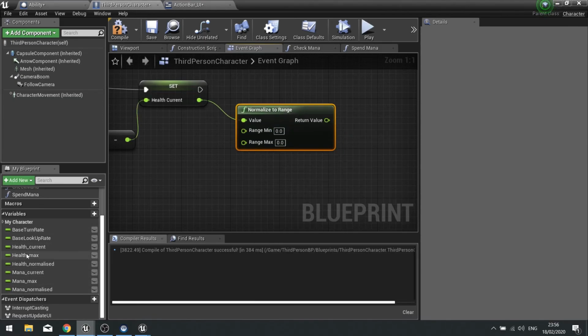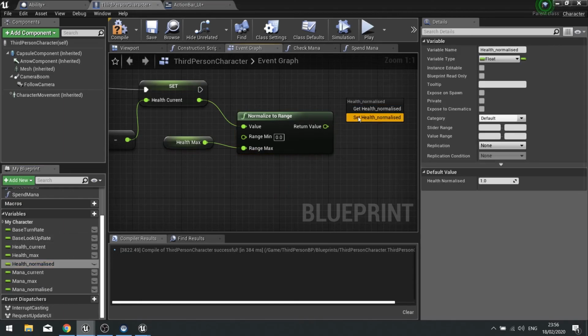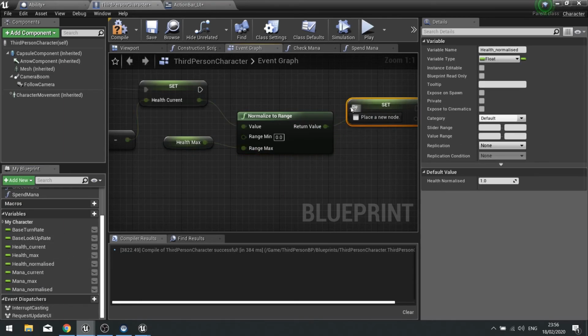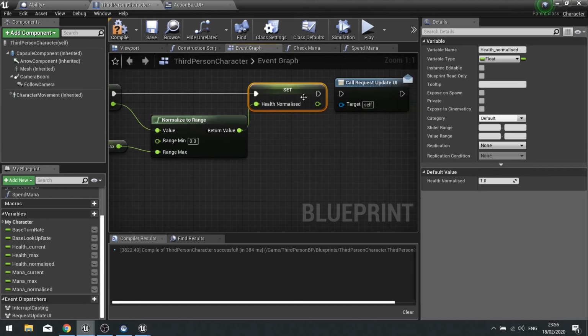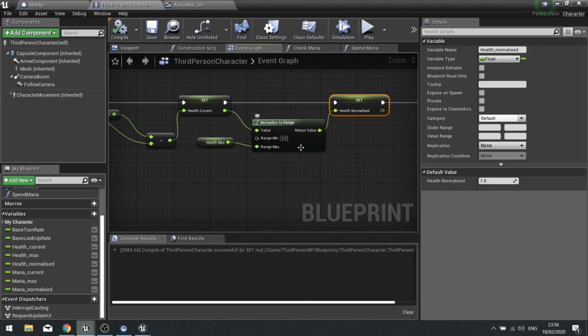And the range max is going to be health max, and that will output into the health normalized. And we can plug that into the end there of call request update UI. So now that will work for health and mana.